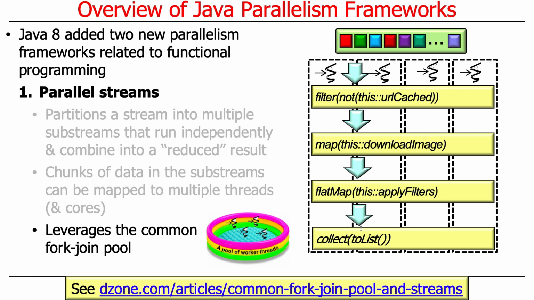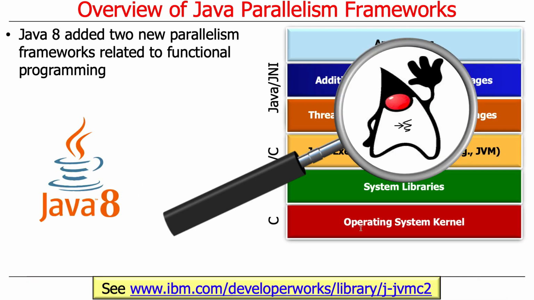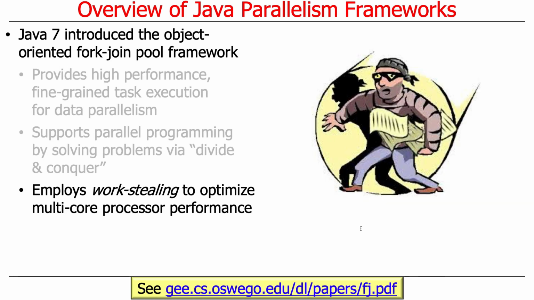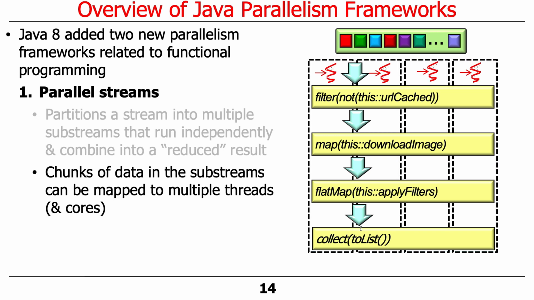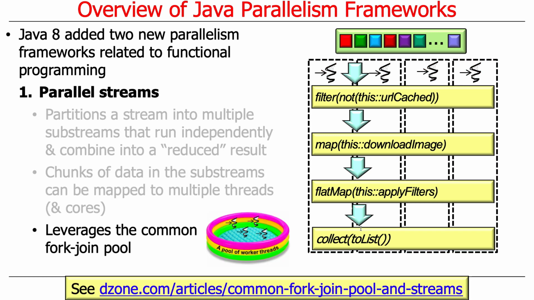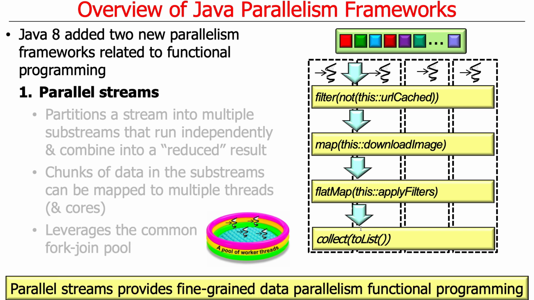And it leverages something called the common fork join pool. I didn't really mention that over here, but with the fork join pool in Java 8 and beyond, they have a singleton common fork join pool. So it's a common set of threads, typically close to the number of cores on the machine, and all the parallel streams in a process will leverage the so-called common fork join pool. There are not a lot of other ways to process streams. They typically use the common fork join pool, and we'll talk more about that later when we talk about the common fork join pool and how it is used in parallel streams.